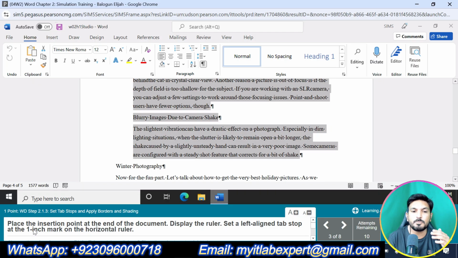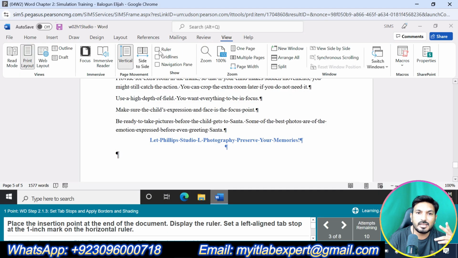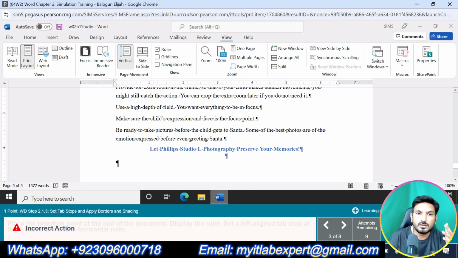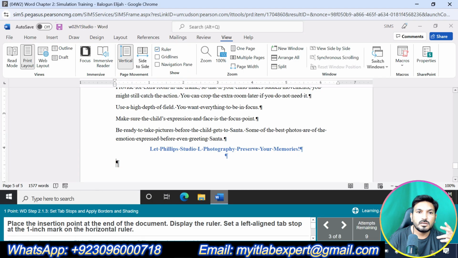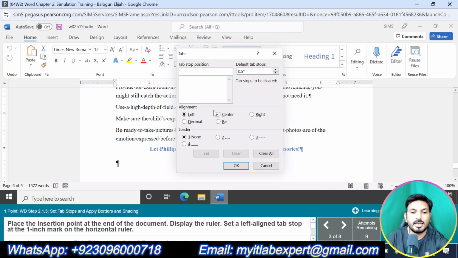So the first question is saying place the insertion point at the end of the document. The end of the document is here. Display the ruler, set a left aligned tab at the 1 inch mark on the horizontal ruler. So we can go to the View tab and check the Ruler box, and we are supposed to set the left tab at the 1 inch mark. Or you can simply go to the Home tab, click this arrow,